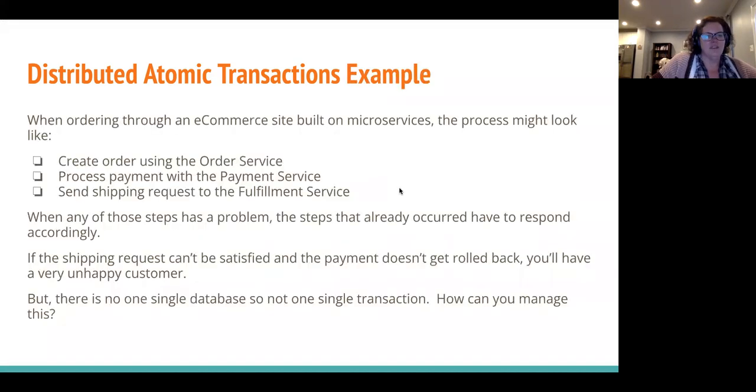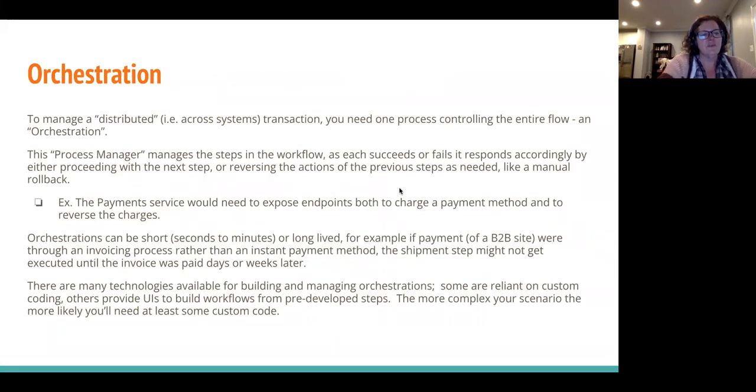And to do that, you need an orchestration. What we mean by that is it's a process that coordinates the workflow that you're going to do. So that multi-step process, you have one process that's basically being the traffic conductor and figuring out what to do. Do the first thing. If it fails, then you're done. Do the first thing, it succeeds, do the second thing, that fails. Now we have to go undo the first thing, etc. It manages the flow in both the success and failure scenarios.